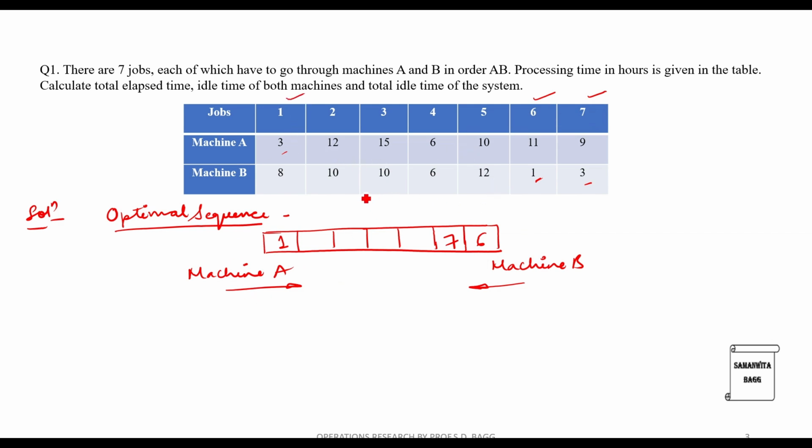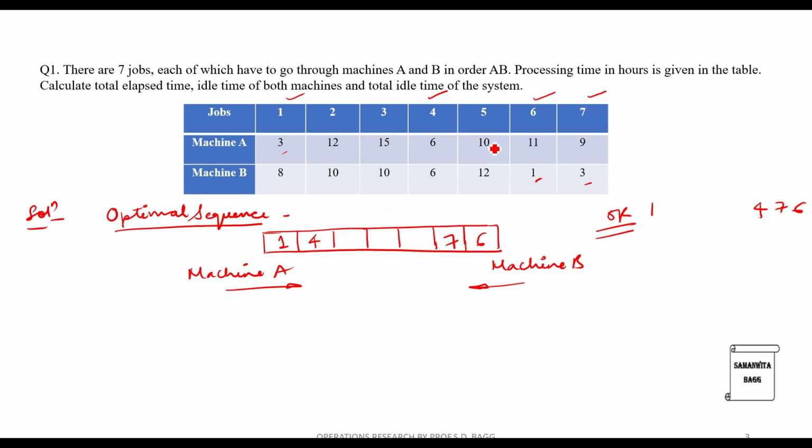Now amongst these 4, the minimum value is 6. 6 and 6 is for both machine A and B. Now you can either allocate job 4 towards machine A, which I am going to do, or you can shift it towards machine B. So there will be another optimal sequence over here. So 6, 7 and 4 over here. This sequence which I am writing is also possible. We are going to solve using the one which I am showing you to the left. So this is also done.